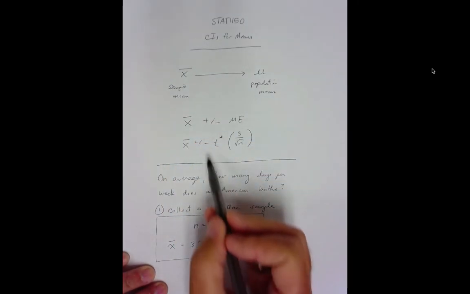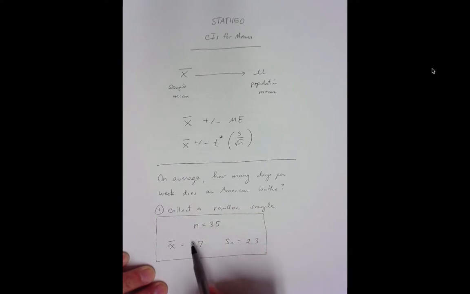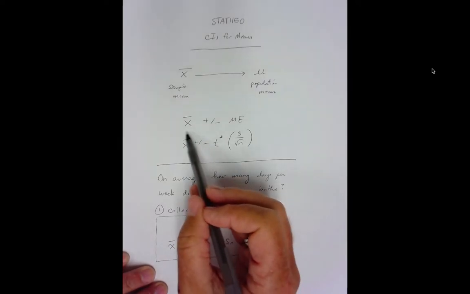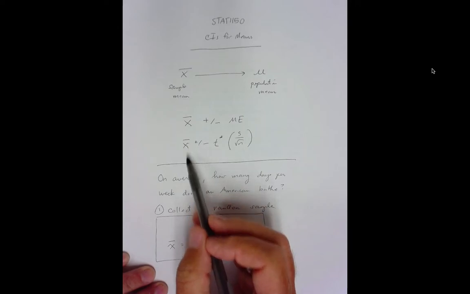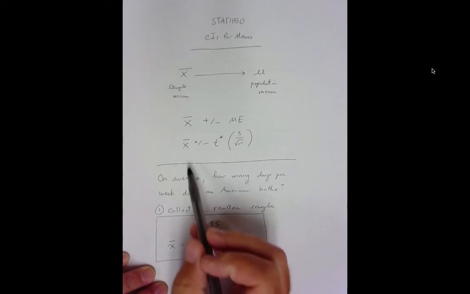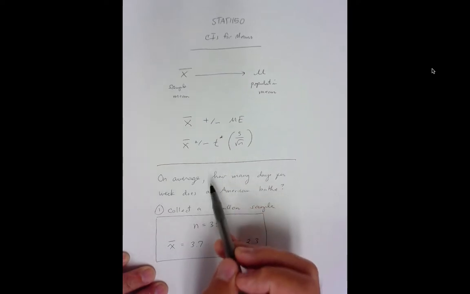So guys, this is the information that we get from our sample. Now, to generalize this to all Americans, and again, this just speaks for these 35. If we went out, shut our eyes for a split second, and got another 35 Americans at random, we would get something different for the mean and something different for the standard deviation. Samples vary, and we have to build margin of error around our sample because there's nothing holy about it. It's good to us because it's the only one we've got. But of all the samples that could be collected from people 35 at a time, this is just one of them. So we have to build margin of error around it and create a confidence interval to generalize to all